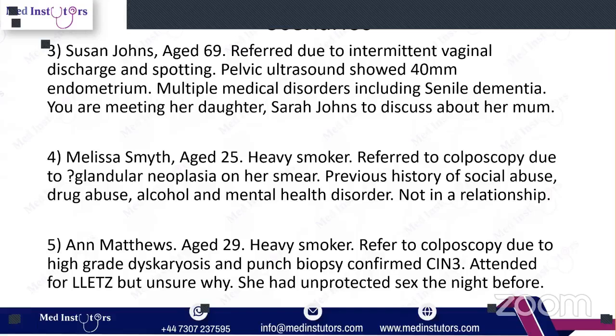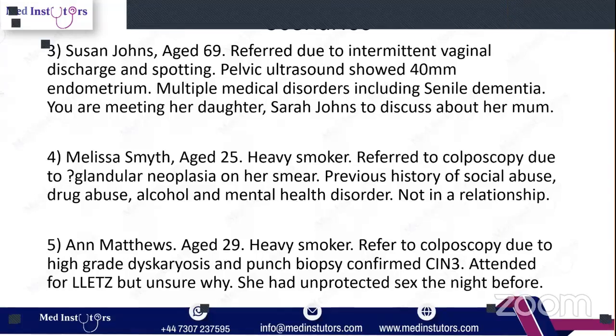If we do LETS, we cannot put a coil in afterwards because there is increased risk of bleeding and infection. Before the LETS, I normally shave the thread. I normally put in the coil before I start LETS because, trust me, once you diathermise and coagulate the canal, it will stenose. You put the coil in first, then do a LETS.